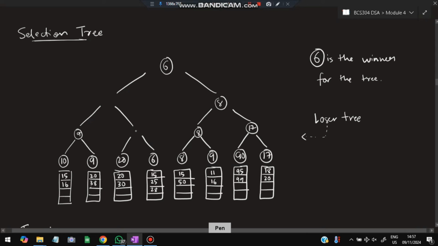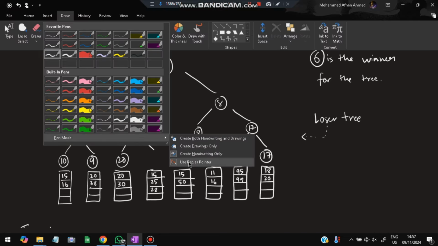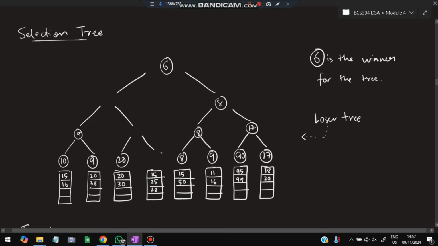Okay, now 6 is also present here. We will be removing this. Now see, 6 is also present here. I have to remove this one. Now see, here 15 is present, right? So I have to put 15 here. After putting 15 here, what I will do is the remaining ones,